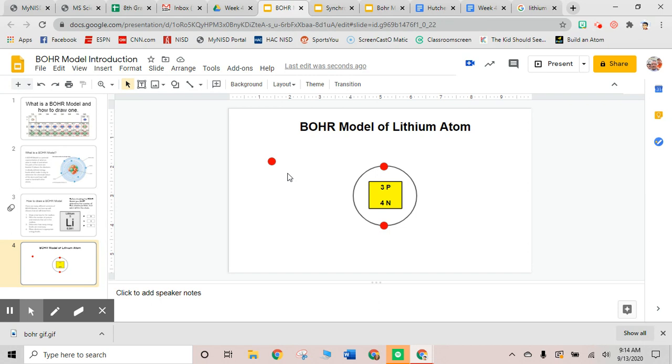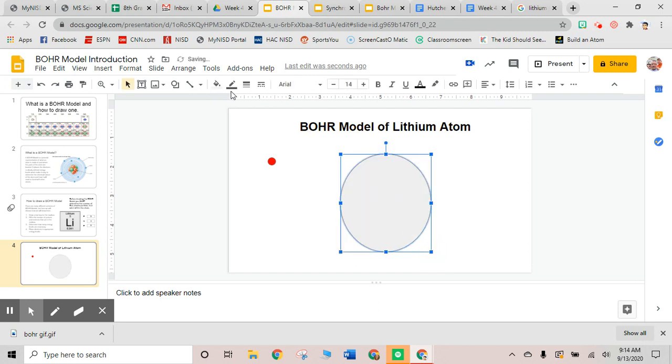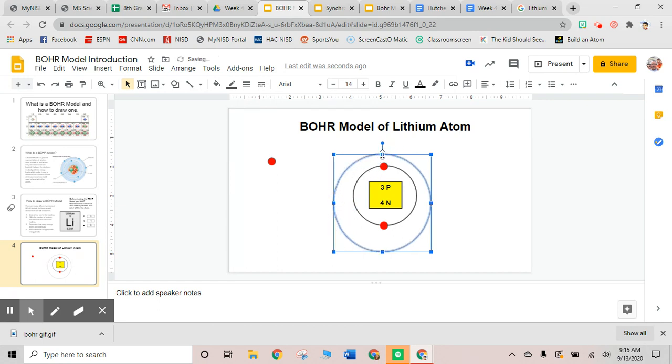So again, we need 2 energy levels to handle all of the electrons because we can only fit 2 electrons in the first. So we go back to our shape tool and make another circle, and now we're going to make an even bigger circle around this one. We start again in the upper left-hand corner, and then let it go. We can adjust it a little bit later. So we hit transparent again. Now I can change the size of the circle a little bit so it looks even,